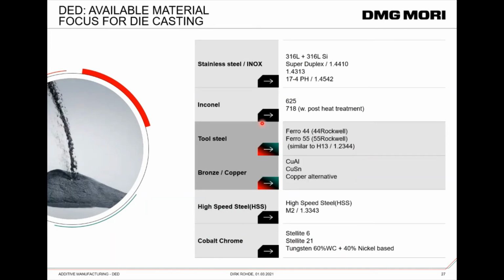Here are today's possible materials. We have the process parameters. Generally said, every material that is available as a powder can typically be welded with this machine. It's still a laser welding process. Due to the machine size and our way of using those machines, coming from a 5-axis precision milling machine to a DED hybrid machine,